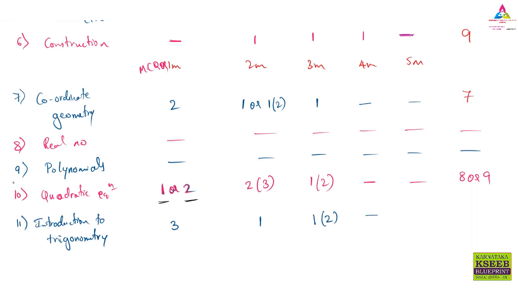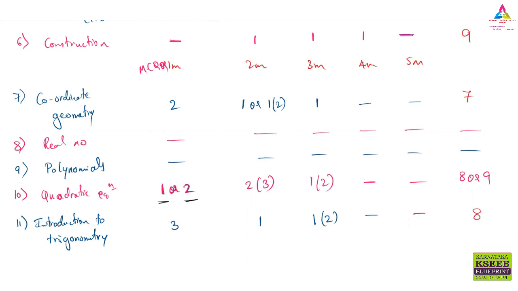They have also given a choice for that 3 marks question, which means they are making an easy pattern for you to solve the exam. For the exam they are making it easy, so they have given choice questions also from Introduction to Trigonometry. So the total marks from this lesson will be 8, because there will be no 4 or 5 marks question. So this is how the 11th chapter will go.